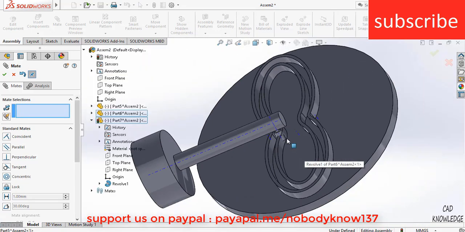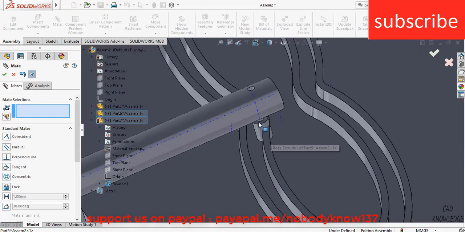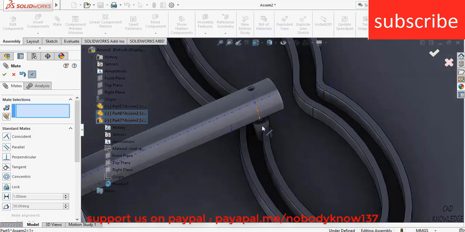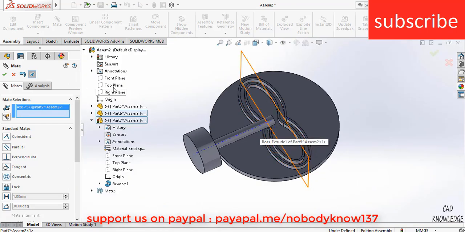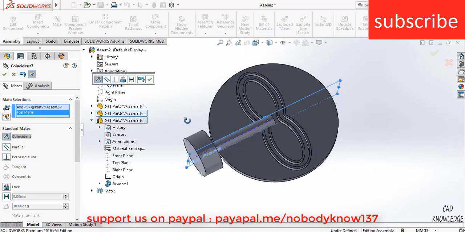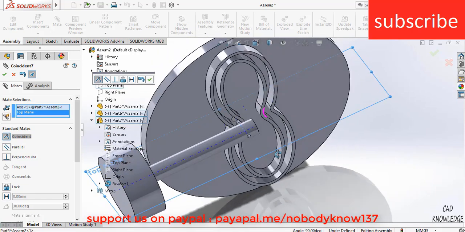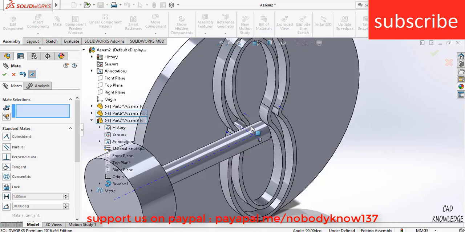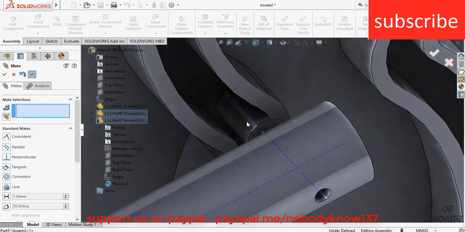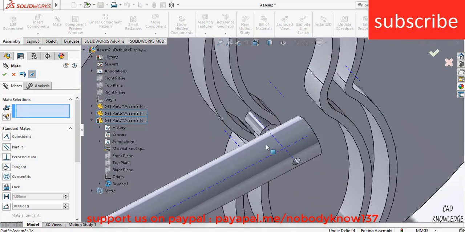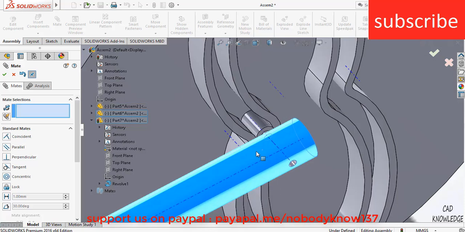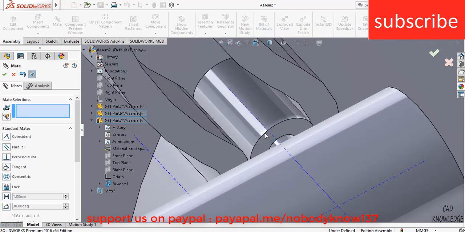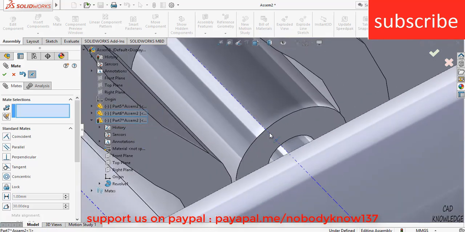Now for this part, select this line, make it align to the top plane, click OK. As you can see, this part is not currently totally fit with it, so move your piston a little bit so it can be in the correct place.